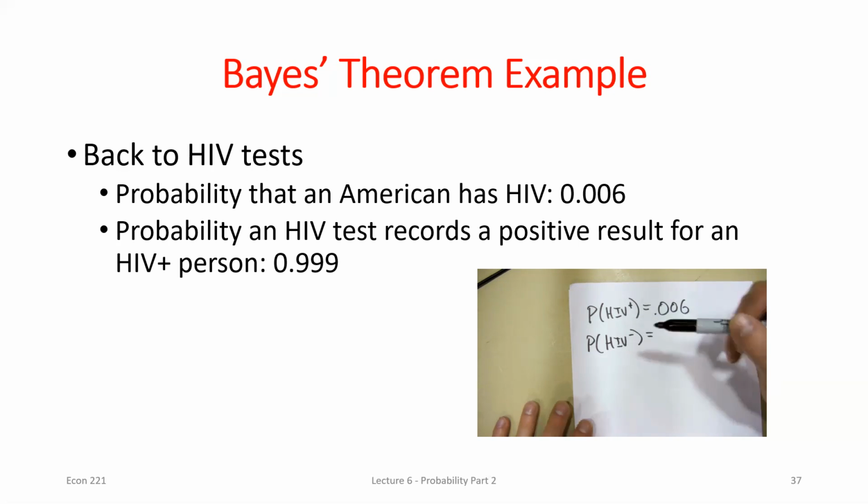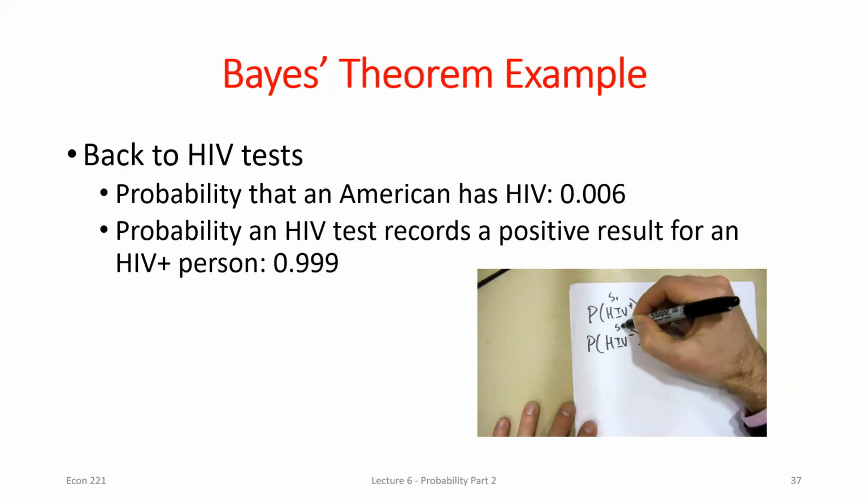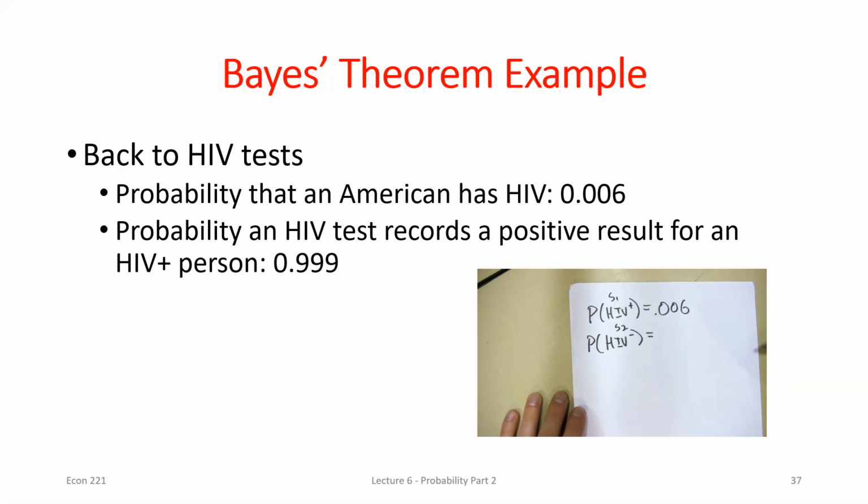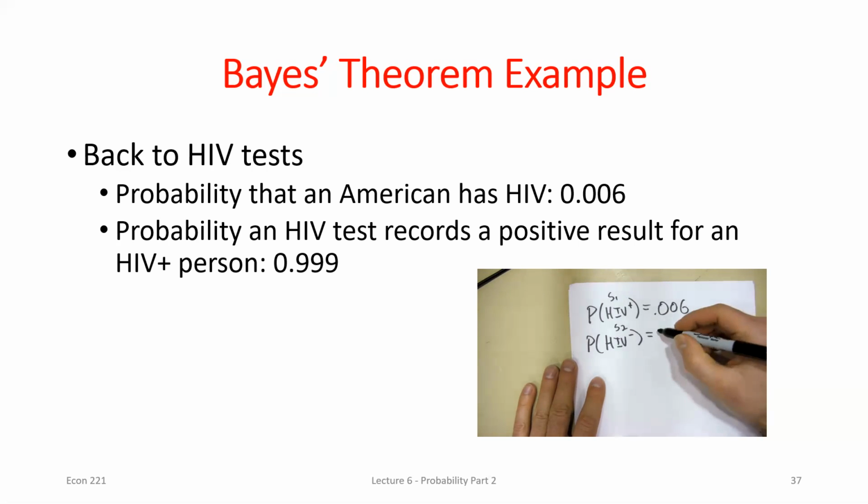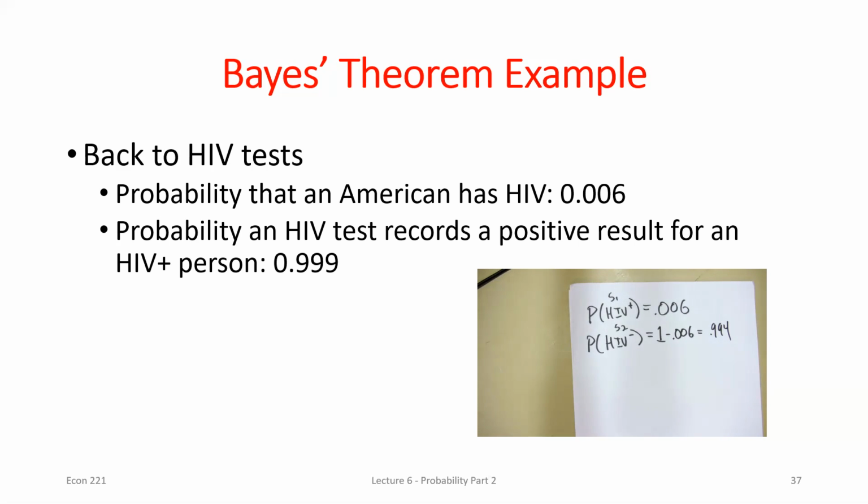These are my two states of nature. Let's call this S1 and S2. What do those probabilities have to add up to? 1, right? So if the probability of this state of nature is 0.006, this one has to be 1 minus that, or what, 0.994? Okay. Now the second thing I was given, the probability an HIV test records a positive result for a